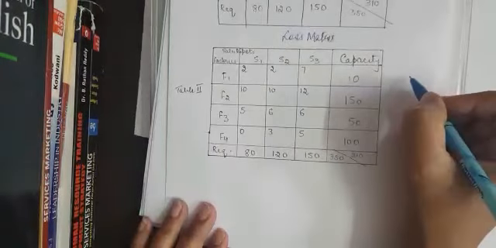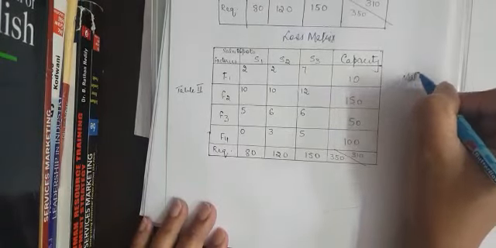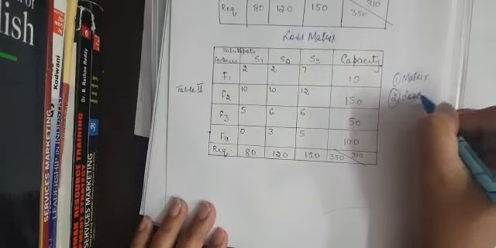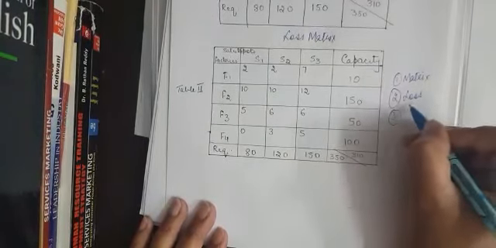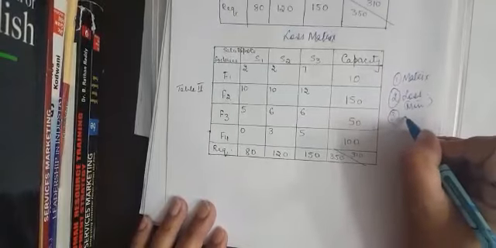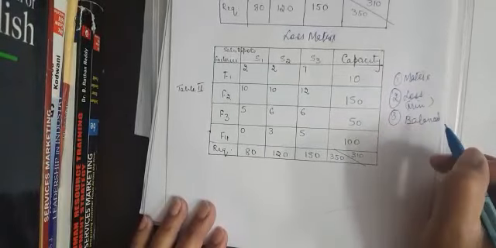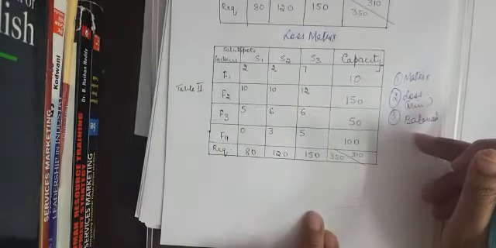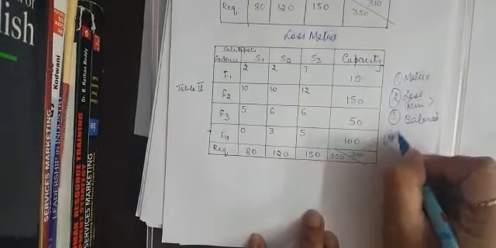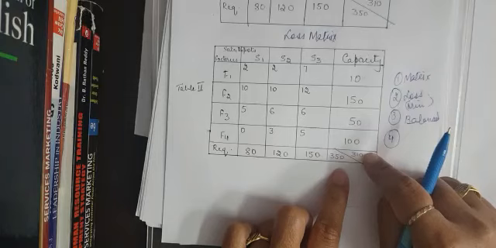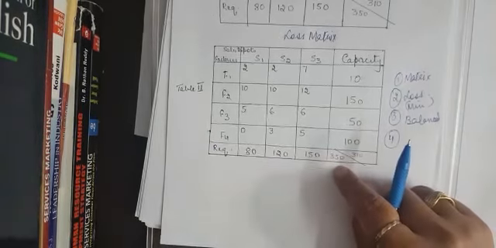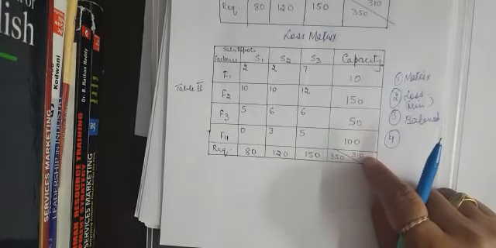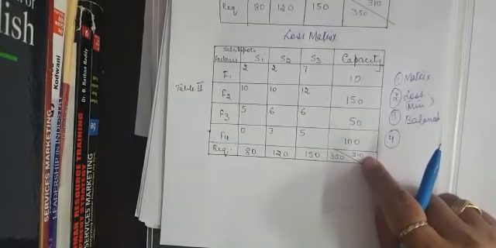First was the formulation of the matrix. Second is to see if it is a loss matrix, I mean a minimization problem. Third is that the problem is balanced. It hardly matters if you balance the question beforehand before taking the loss matrix, or you do it as the third step. The total of capacity is 310 and the total requirement is 350. So we require to add a dummy row with 40 as its capacity to balance the problem.